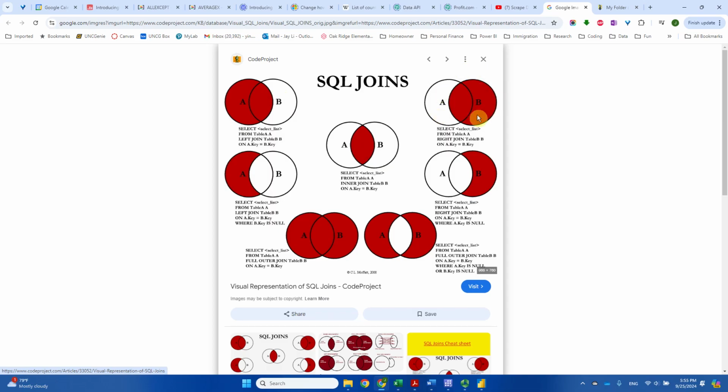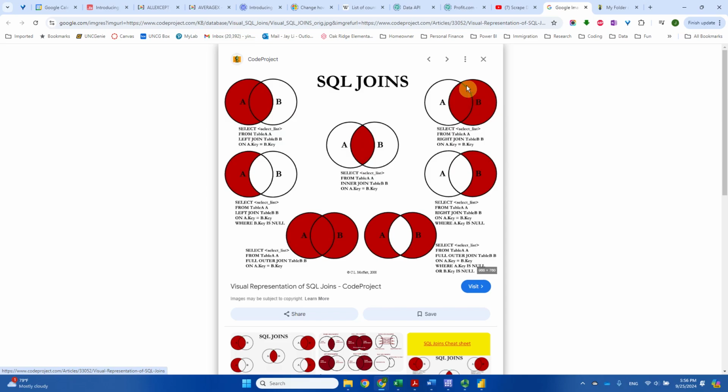In a right outer join, all the countries in table B, which is on the right, by the way, all the countries in the right table are going to be included in the combined table. For the left table, only those countries that are contained in both A and B, so this overlapping part, are going to be in the combined table. Those countries that are in A but not in B, which is basically this white part, by the way, that's going to be the Asian countries, those Asian countries which are in table A but not in table B are not going to be included